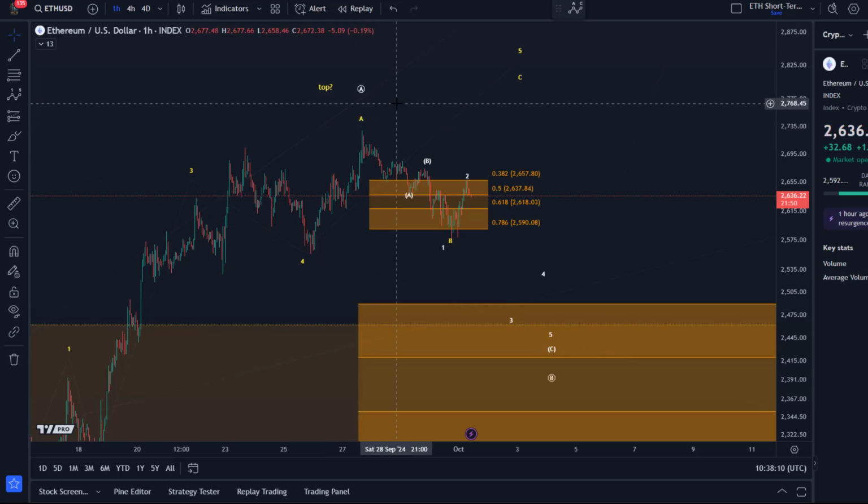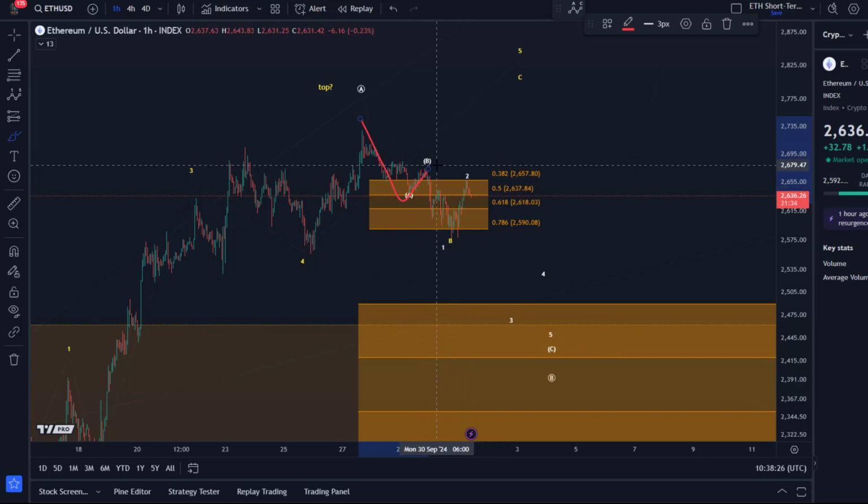And I've labeled here the short-term bearish count as well, which might morph a little bit, which might still change. But for now, the immediate bearish scenario that could be invalidated with a break above 2,674 is an A-B structure. Here the B wave is quite weak though. And then another 1-2 setup to the downside. I'm not confident about it. There are many ways this could be labeled.